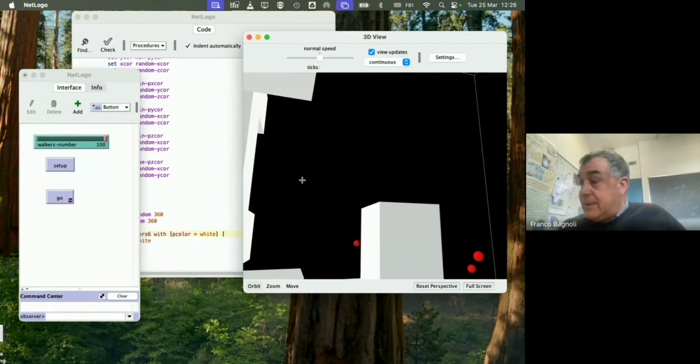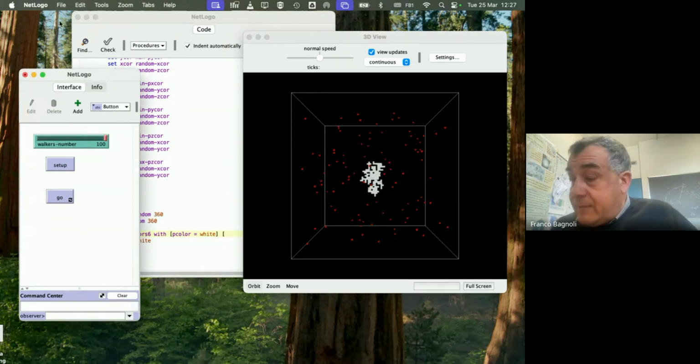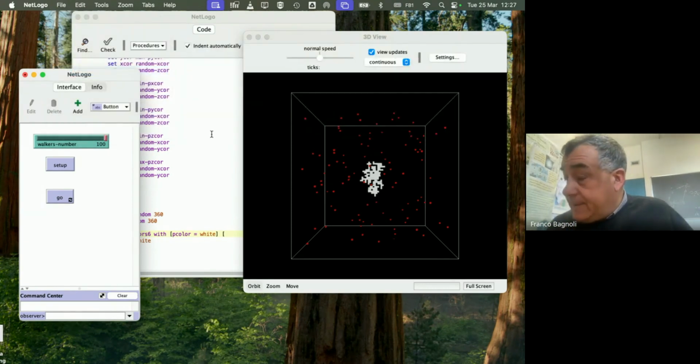So I think that for most examples, I would work in 2D, but I can also save this in the same directory, save as,